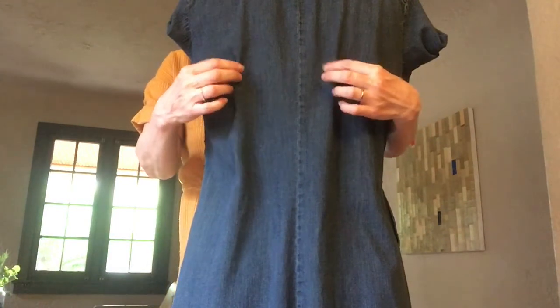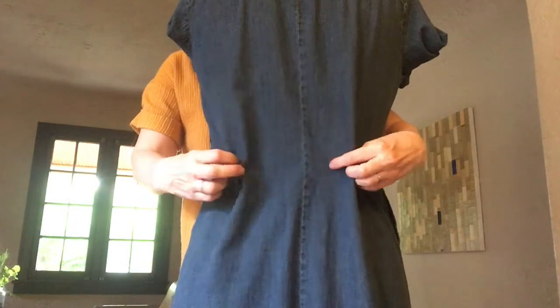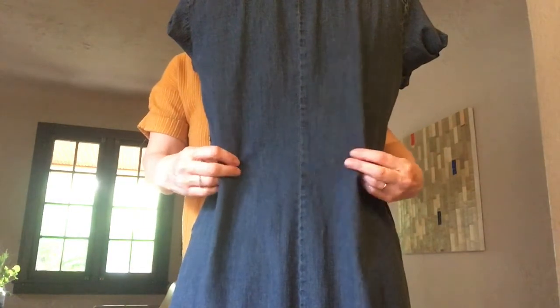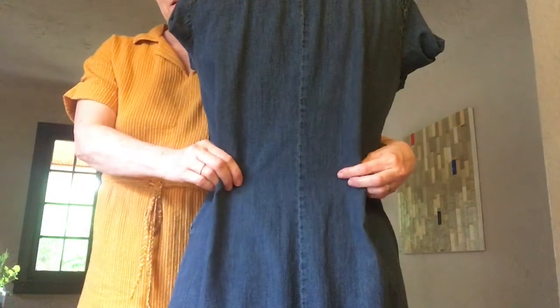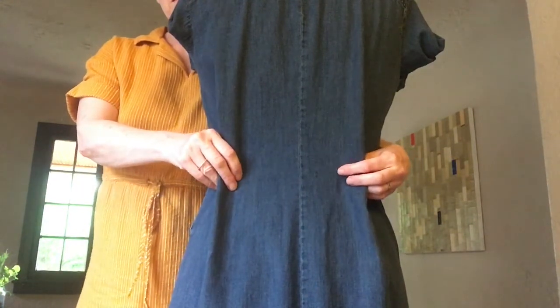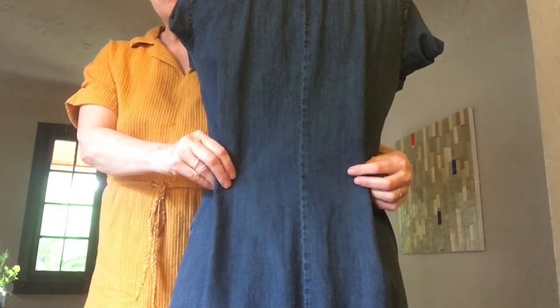It's going to start basically at the bust point, come in deepest at the waist point, let go at the hip point. And again, I'm going to really concentrate on marking one pretty well. I'm going to pin the other one just for silhouette reasons, just to make sure that I like the depth and what shape that's creating. But honestly, I'm just going to eyeball it. So the back of these darts,